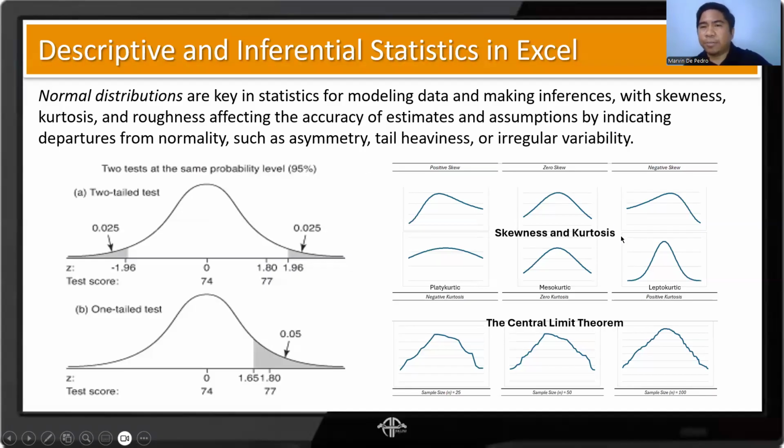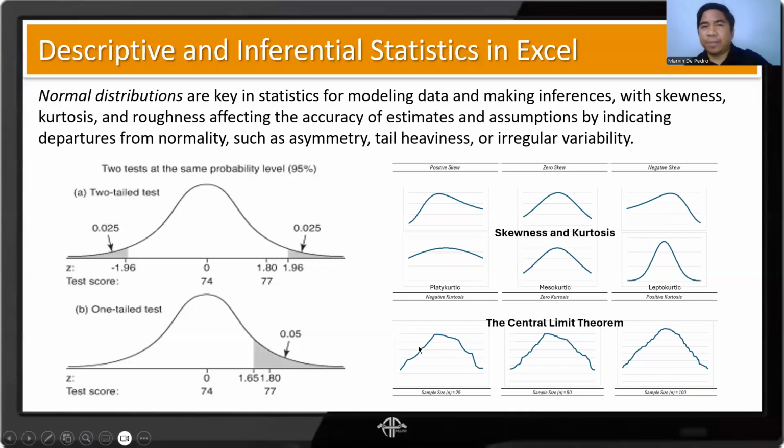Also, when it comes to skewness and kurtosis, for skewness, it does not skew to the left or to the right. Positive skew if to the left, negative skew if to the right. For kurtosis, ideally it is just zero. Although non-zero but low kurtosis, or close to zero kurtosis, is allowed and can still be considered normal.